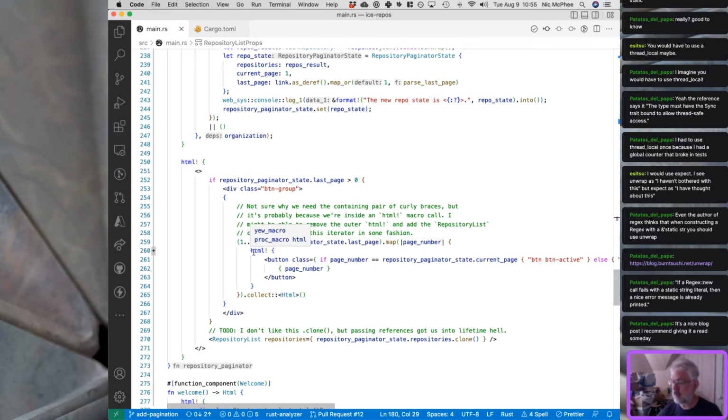So it's another instance of the same problem that we had a little bit ago. So if the last page is greater than 0, so that means we have, oh, actually, I probably really want last page greater than 1,